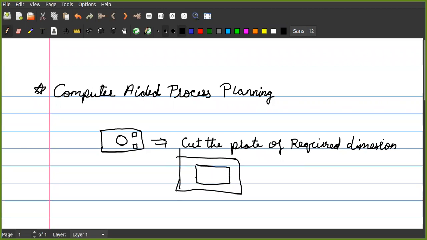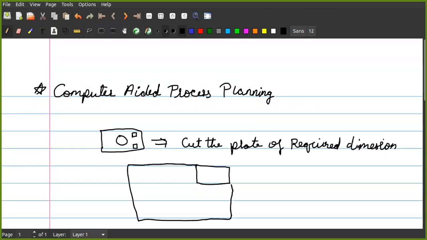It may not be like this, you may have a plate like this. Say this is the plate you want to cut. The plate may be a part of a bigger plate like this, and out of this you are going to cut this plate.